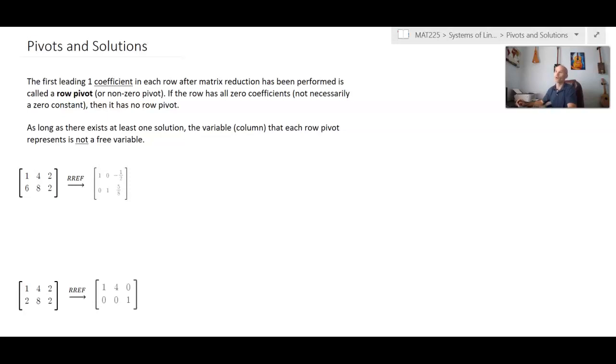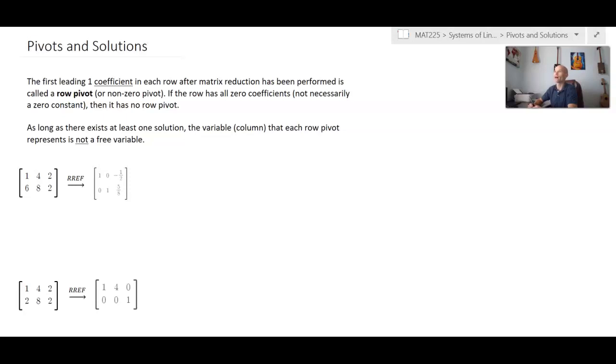We've worked a lot with leading one coefficients in each row of a matrix. These help us identify the number and types of solutions that a system has. And we have a name for these leading one coefficients. Leading one is the first one that we see. So the first or leading one coefficient in each row after matrix reduction has been performed is called a row